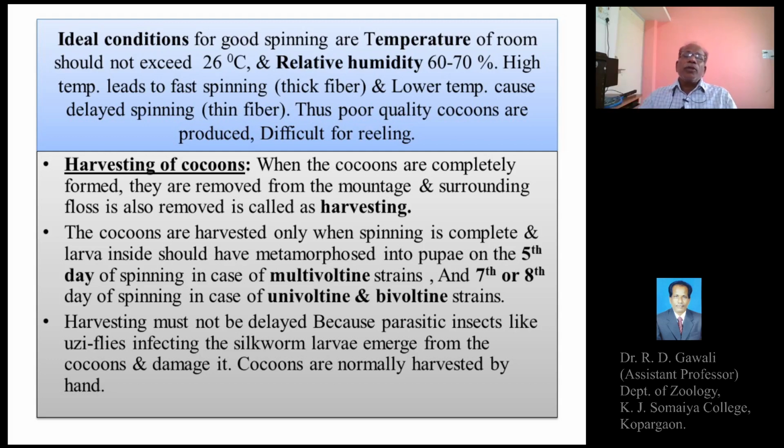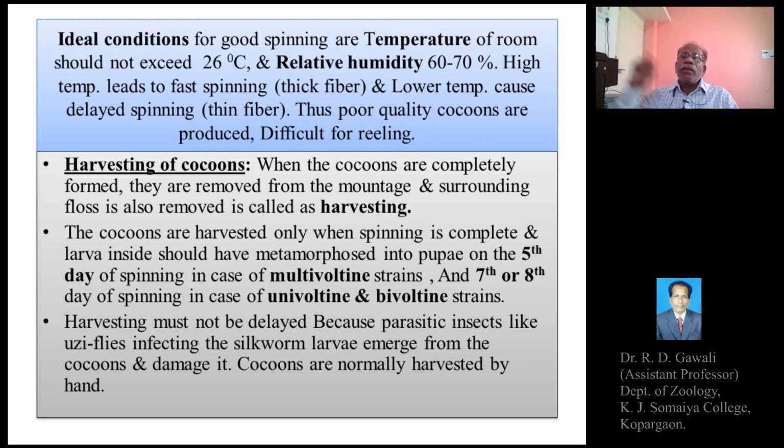And due to the low temperature, there is a delayed spinning. So a small quantity of the silk substance is released through the spinneret, and this will result in thin silk threads, or sometimes the formation of fragments or segments of the silk thread, and such cocoons will create difficulties in the reeling activity, meaning we will